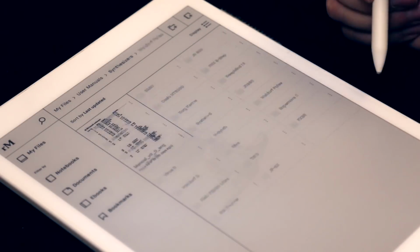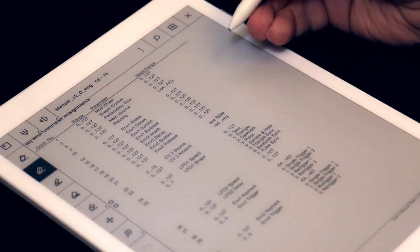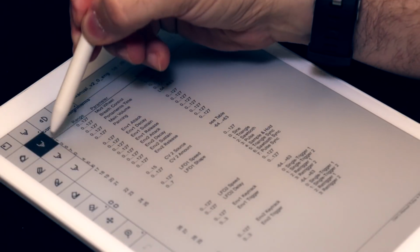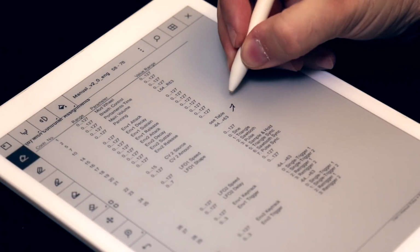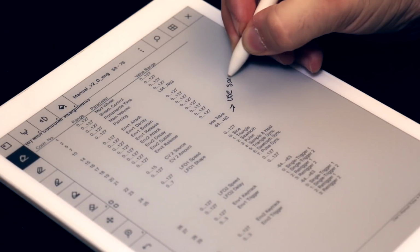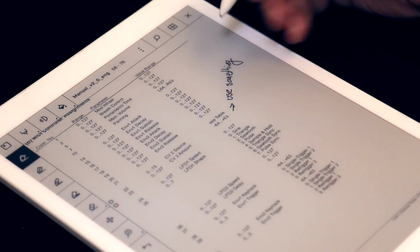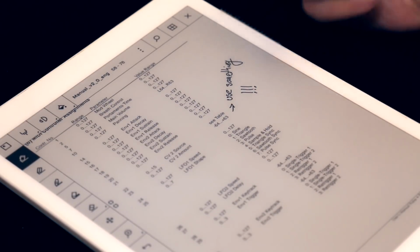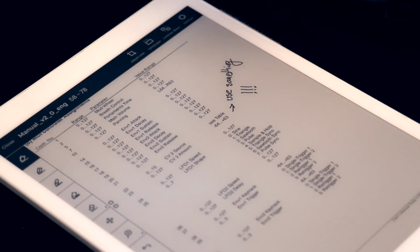So I'm going to open up this document, Waldorf Pulse, and since I'm doing MIDI-CC implementation at the moment, let's say that I want to scribble some notes here and say use something, whatever, I don't want to waste time on this. So that's my note, and then I'm just going to go, oh, this is so important. Alright, so that's that, and now I should be able to just